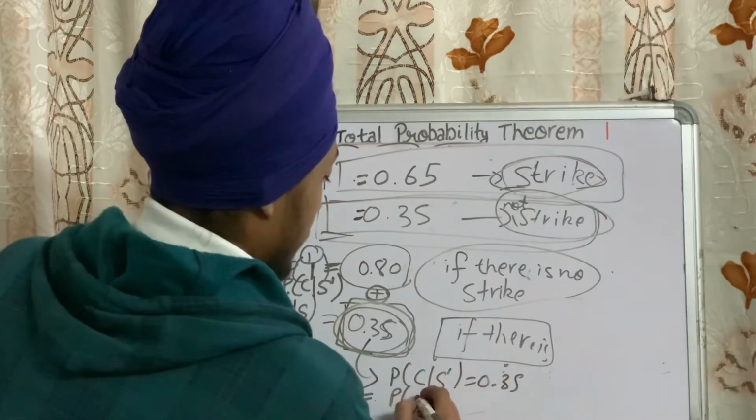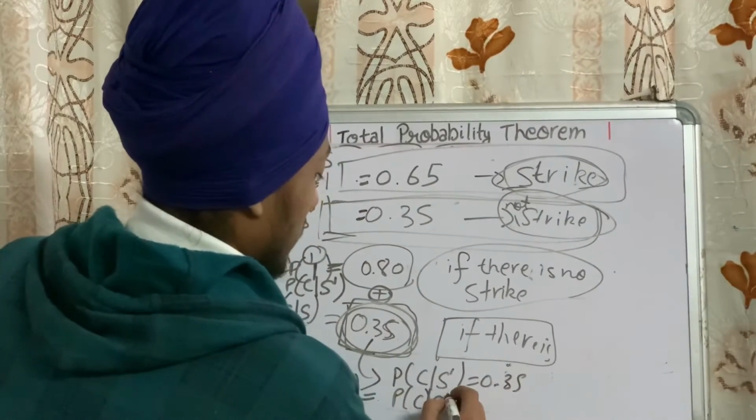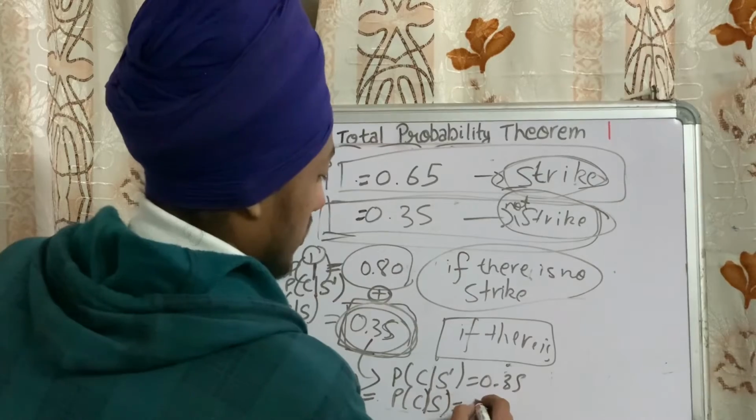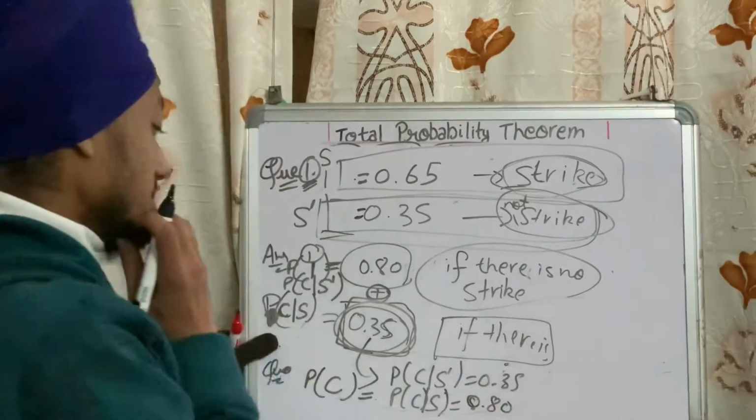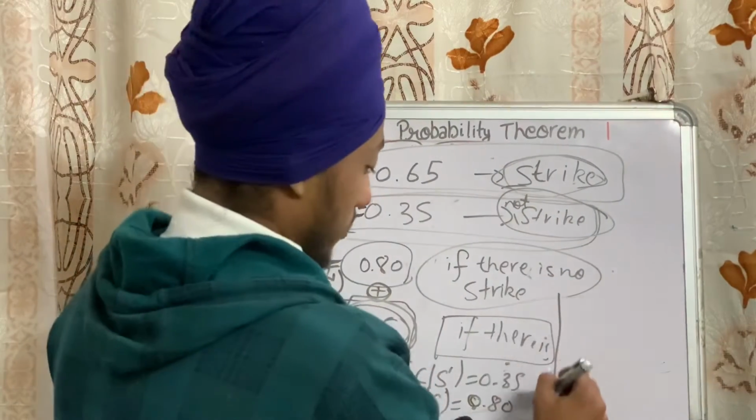If strike is happened, this is 0.80. By using this formula,